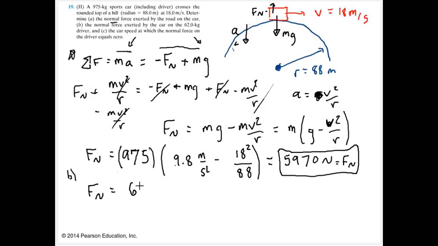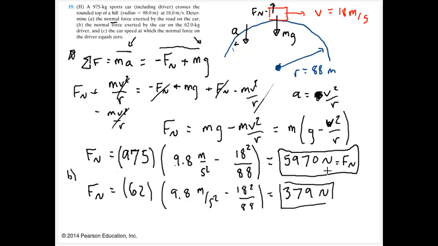The mass of the person is 62 kilograms. This is going to be the same, 9.8 meters per second squared minus 18 squared divided by 88. So the normal force of the car on the driver is actually going to be 379